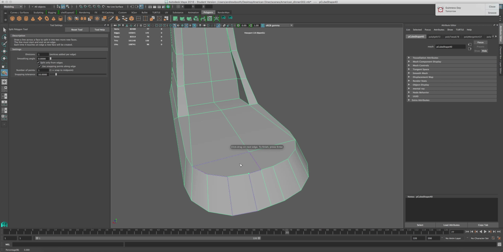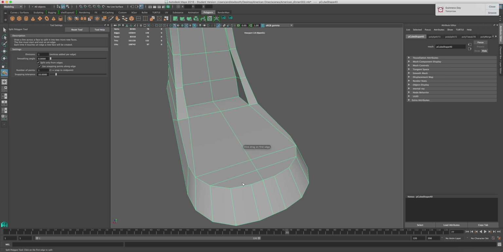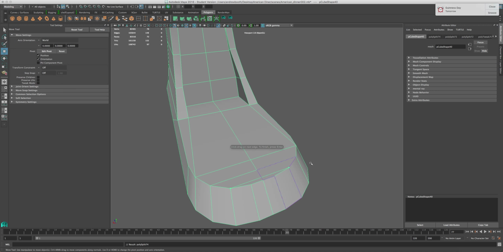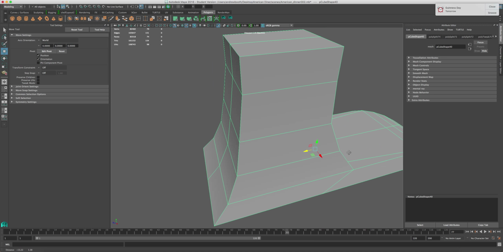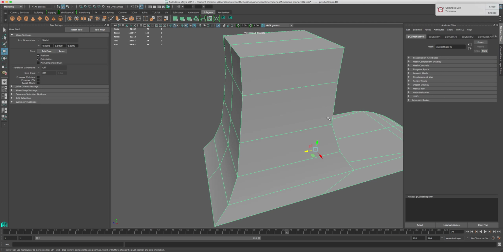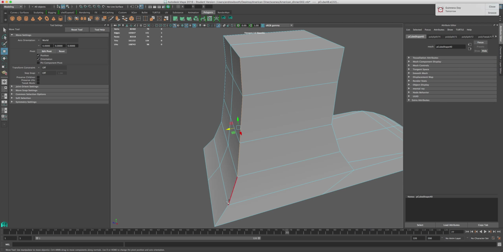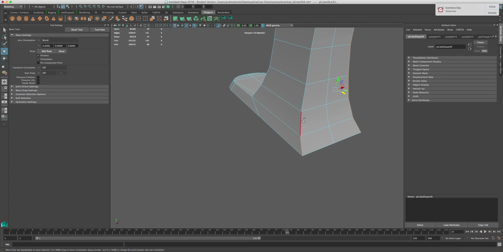What you can do, you've got to be very careful now, because you can create triangles. I would go across as well, across that way, and one more. As you can see, it's finished retopologizing it, and if you look on the actual reference, it's smooth. So this is more rounded. So select this edge here and this edge here,